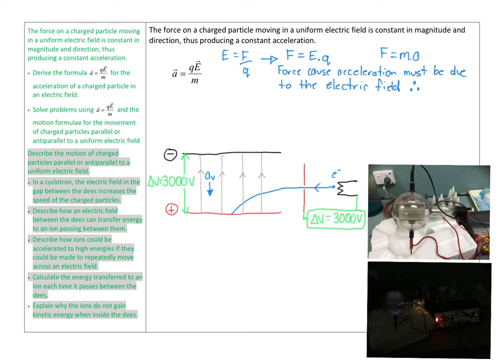Therefore, we can say that EQ must be equal to MA, and then if we rearrange that by basically just dividing both sides by M to get rid of the M's there, we get left with this relationship here, that acceleration is equal to EQ on M, or QE on M, as it is written there. So hopefully that's a fairly straightforward